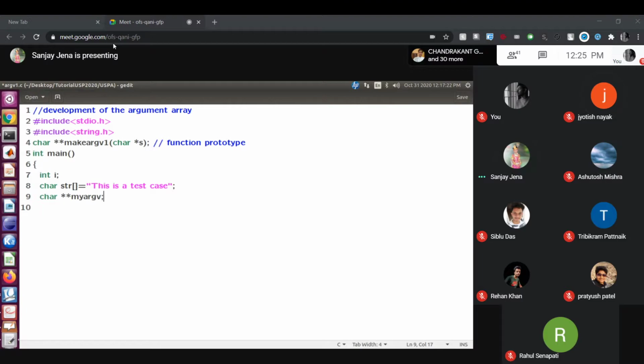Yes, sir, the type must match. That's why I make it a double pointer. Then write straightforward my argv equals make argv version 1. Pass the string. What is the string? str. Okay, done.